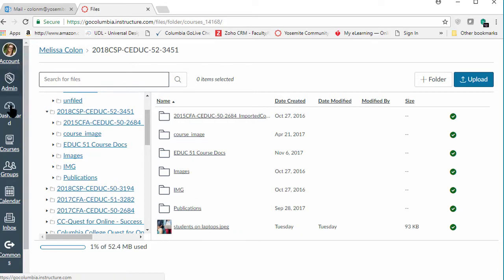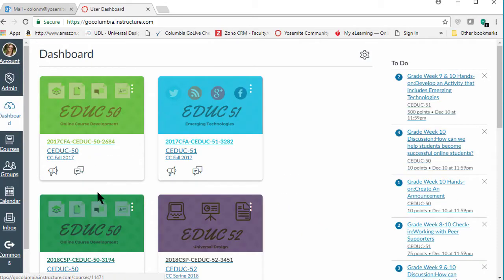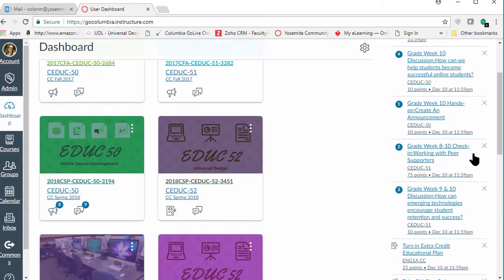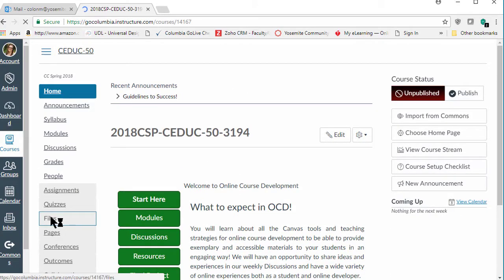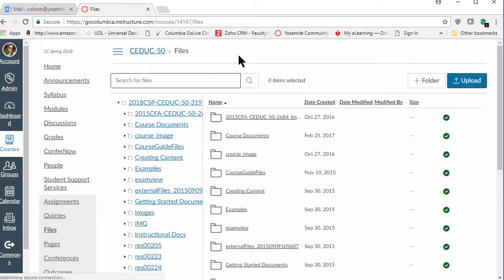So now if I wanted to go back to my course, I could go into my course, pick my new spring course, and go to the files here. Now I want you to understand that each course has its own files. So yes, I can go over to the account and preload files and pictures and images and all kinds of PowerPoints and documents in the global file manager, but they're still going to be managed locally.